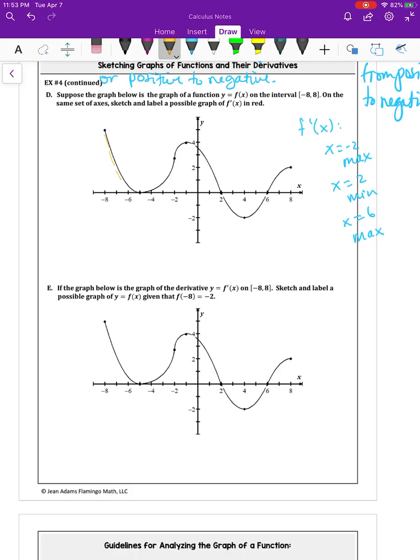Another thing, you should be thinking like slopes of tangent lines here, so all these slopes are negative and then they go to 0, okay? So you actually have a 0 here on your first derivative graph. And then it's going to start out negative, and it's going to go to here, and then it's going to start being positive, because look, positive slopes, positive slopes, positive slopes. And then remember what I said, we've got a maximum at -2. So you're going to come up to a maximum at -2,